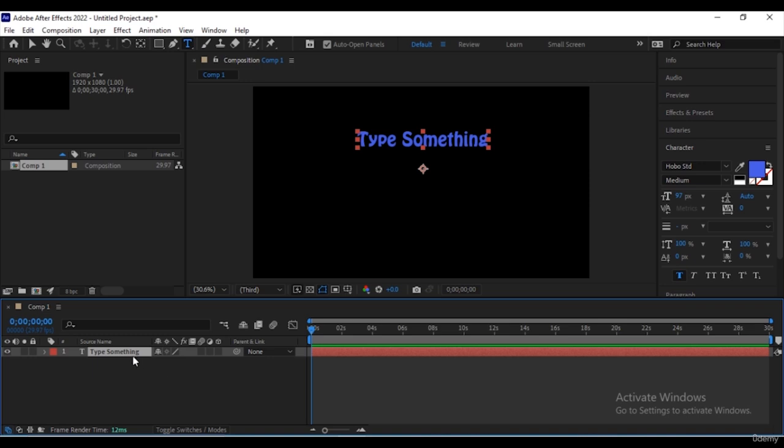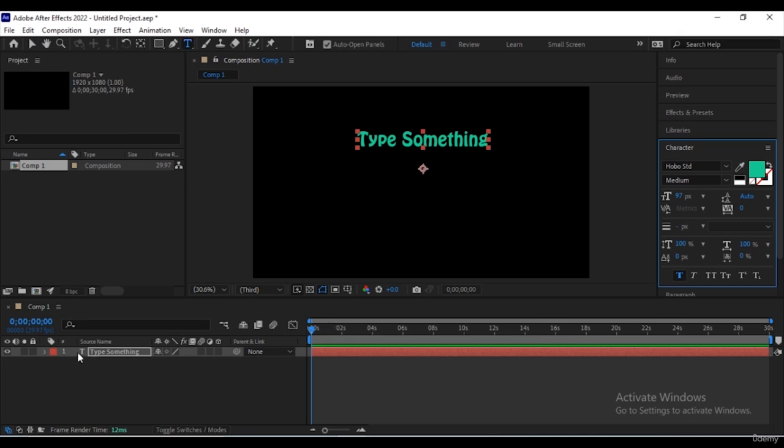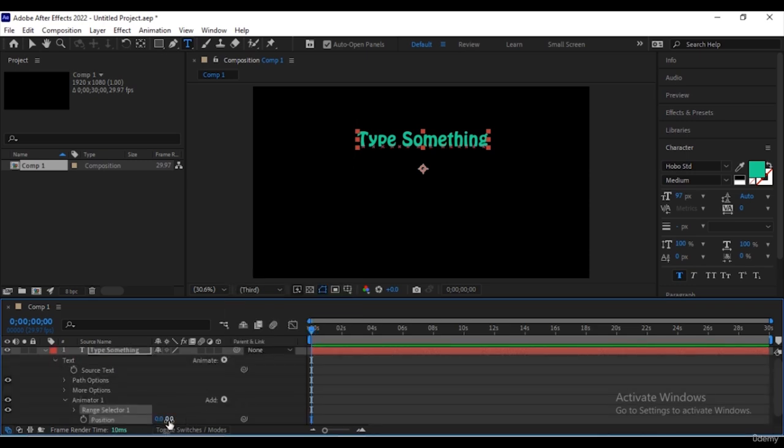If you want to stop editing, just click on the layer of the text tool on your composition on your timeline. Then you can change the color directly in here. Then we go to the drop-down box in your timeline in your type layer. Click Animate, Position, put the position on 80 for the y-axis, so it will go down 80 points or 80